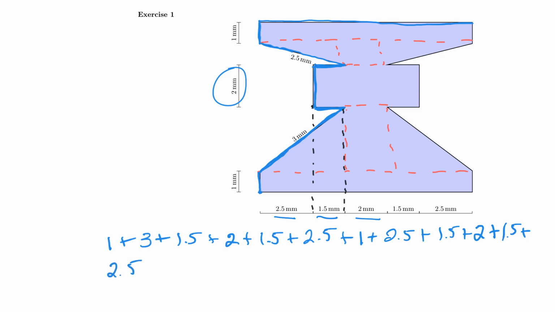Okay, so the next step will be go down. It will be 1 again, then all the way here. How do we know this length? Because we already know this length, and as you can see, the shape is symmetrical, so it means whatever happens here happens here. Okay, so this part will be the same length as this one, so 2.5,